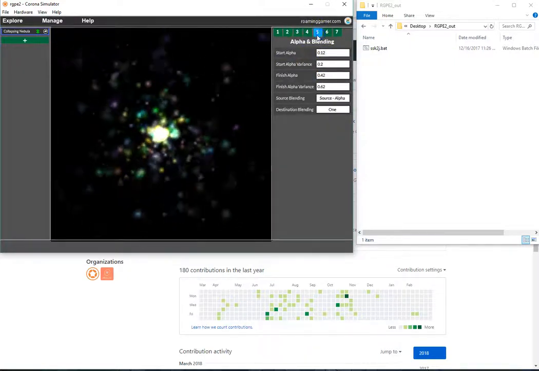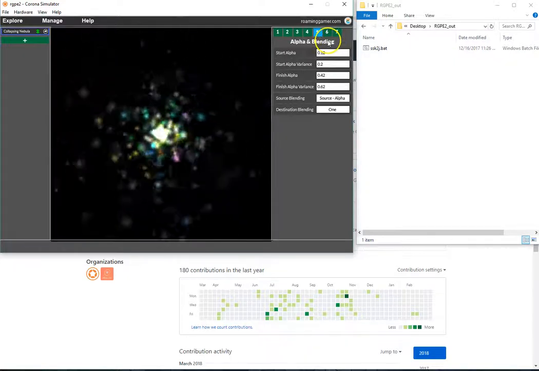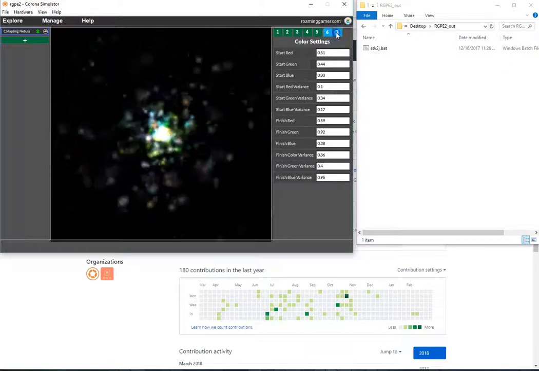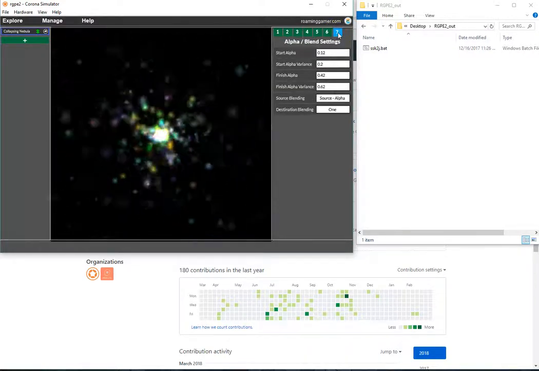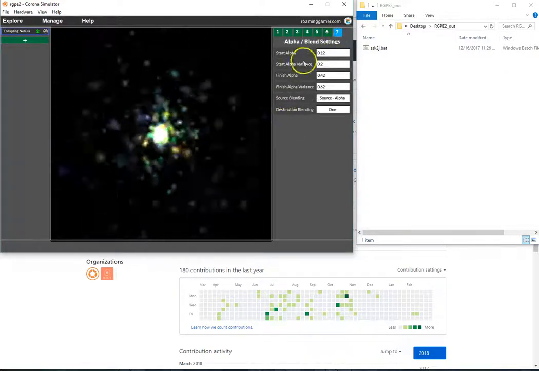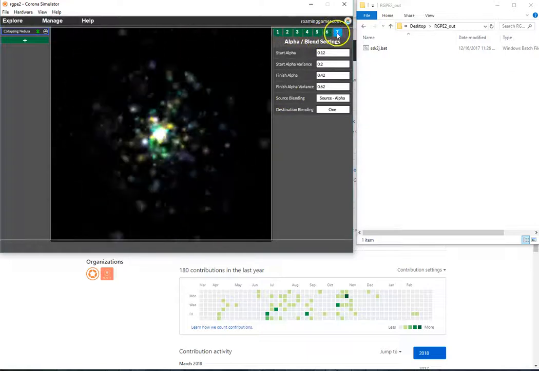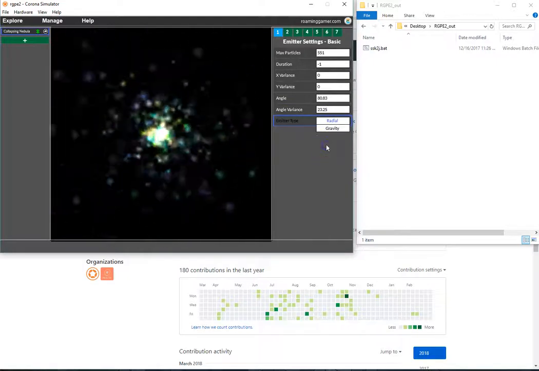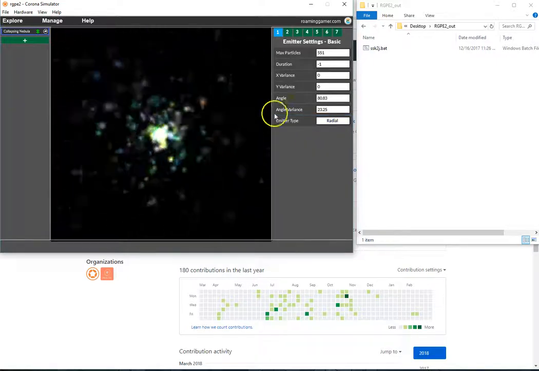Particle settings, color blending. I think there's a duplicate page in here still. Color settings, and nope, I took it out. And alpha blend settings. So there's 7 pages, and you can edit 6 of them at any one time based on the type. Again, radial or gravity. Anyways, if you wanted to see this running,